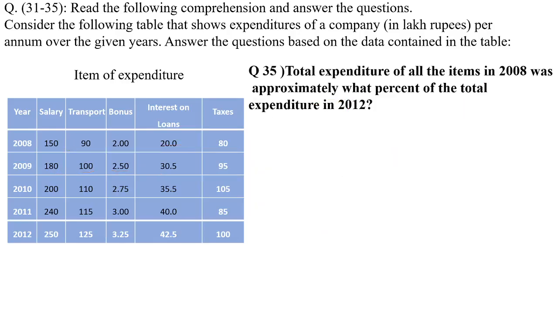Next question. Total expenditure of all the items in 2008 was approximately what percent of the total expenditure in 2012? So 2008 upon 2012. Again, total expenditure of 2008 and 2012. First, 2008 you have taken out, right? So you have added already, and you have seen in the past question it was 342, correct? Of 2012